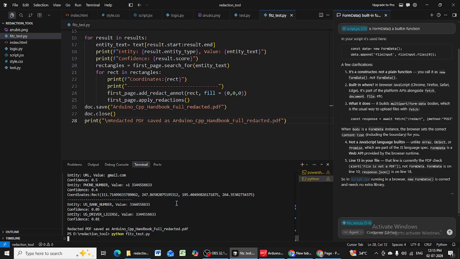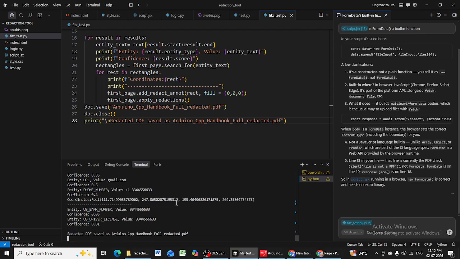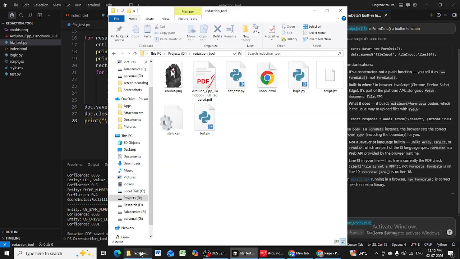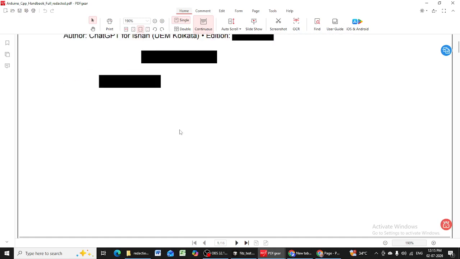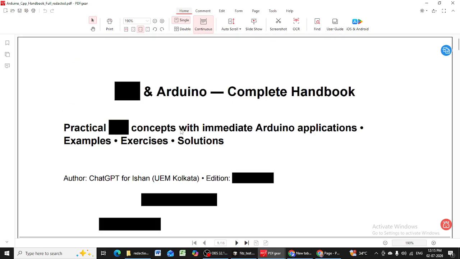This is the core underlying concept of our redaction tool. After that, we are going to, here we got it. Let's see, hoping for the best. Okay, kind of satisfying. So guys, in today's video, whatever sensitive data it has recognized, it has redacted